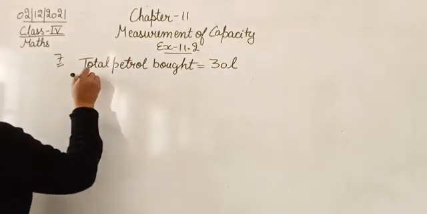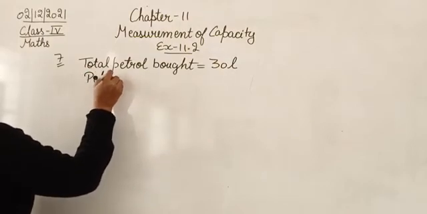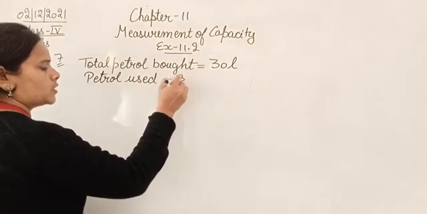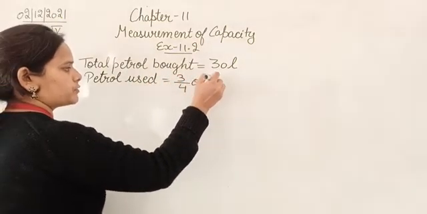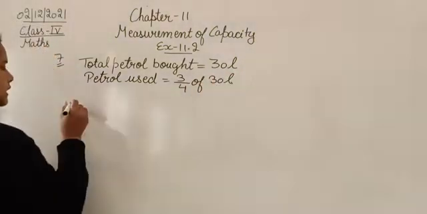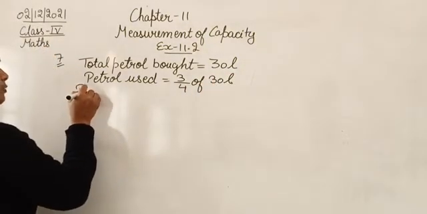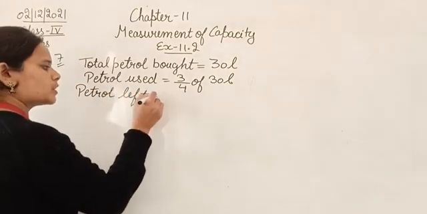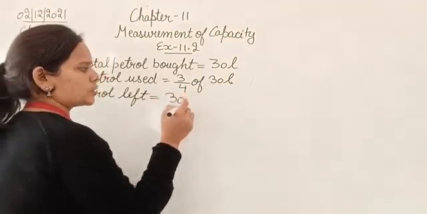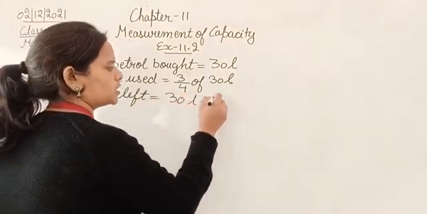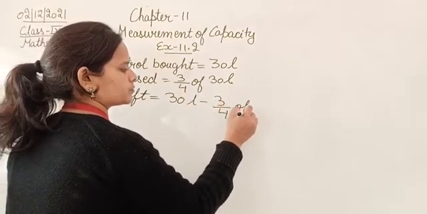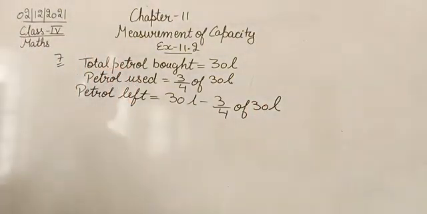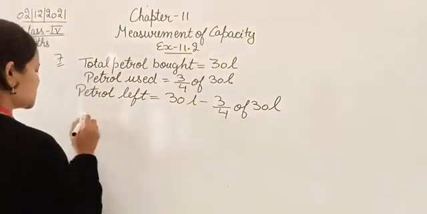Next, petrol used, that is 3/4 of 30 liter, and we need to find out petrol left. So for that we will subtract the 3/4 of 30 liter from the total 30 liter. So first of all we need to find out the number for this. So 3/4